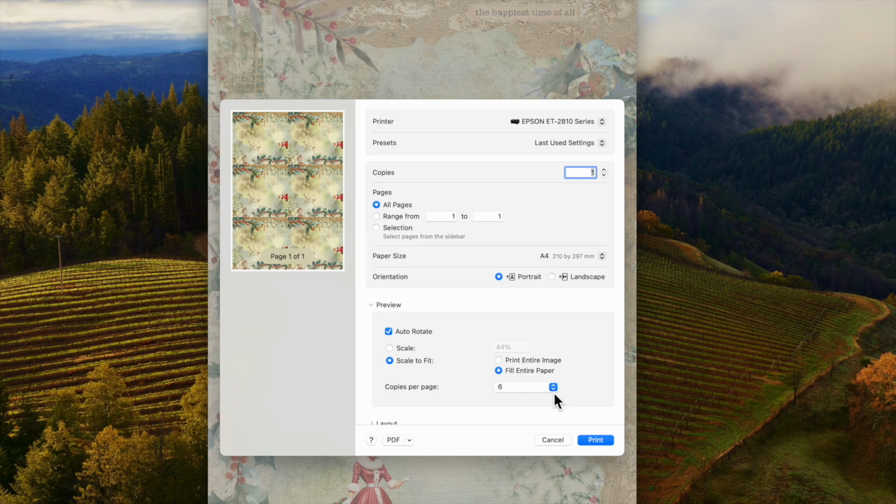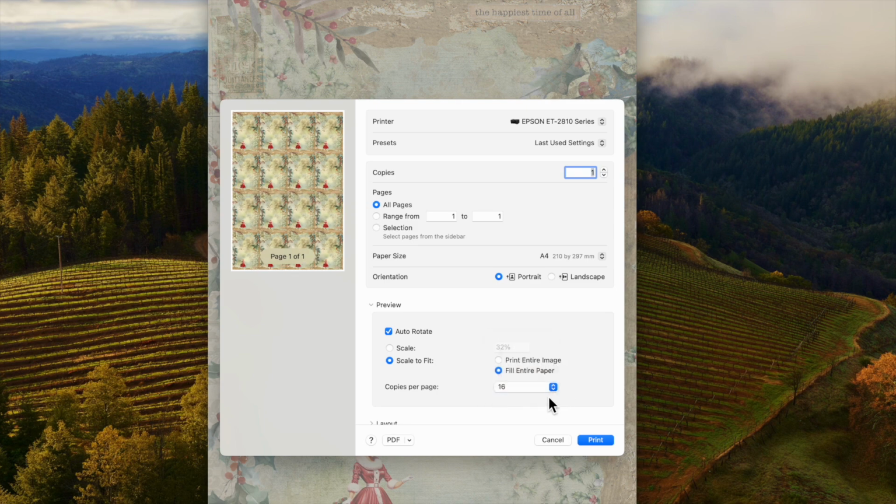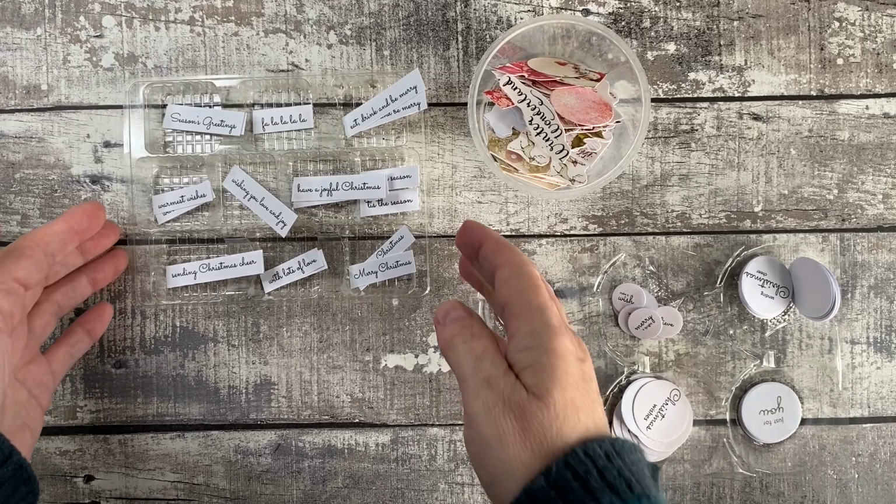So in that way I can print down to A6 by adding 4 copies, and these are what I've been using for this particular set of cards. It's worth having a look at your printer settings and making them work for you so you get the most